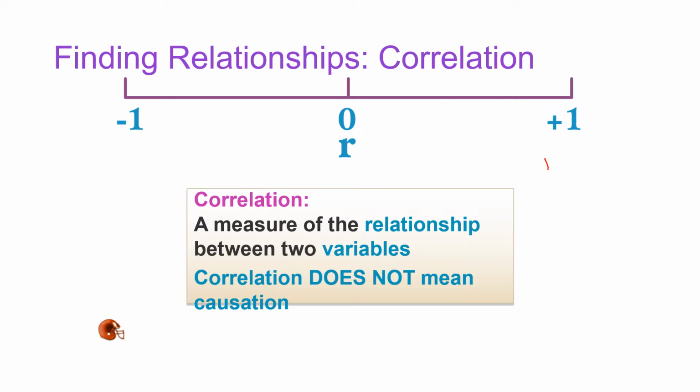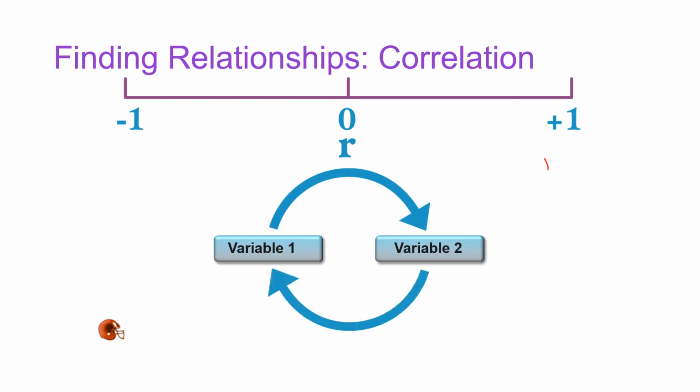So as we move closer to 1, whether it's positive or negative, that tells us that there is a stronger relationship. So a correlation coefficient of, let's say, positive 0.9 is stronger than one of negative 0.2. On the other side, a correlation coefficient of negative 0.9 is stronger than a correlation of positive 0.2. So you see here that it's not the sign that's important, but the number that's important. So here's an example of